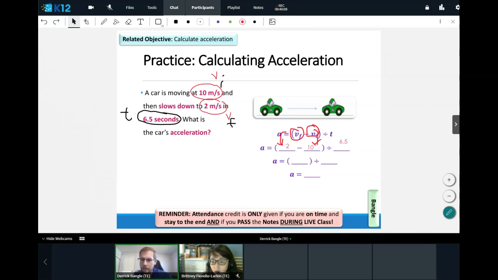Dragging that over here. So make sure you have your calculators out, guys. Make sure you type it in the correct order in your calculator. So it's going to be 2 minus 10, which should give us a negative 8. And then we're going to divide that by 6.5. Remember, only one decimal place should be suitable. What are we getting in the chat? Caret 2. So let's write that in there. Yeah, so negative 1.2